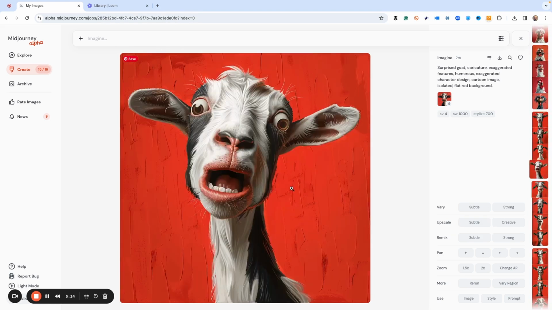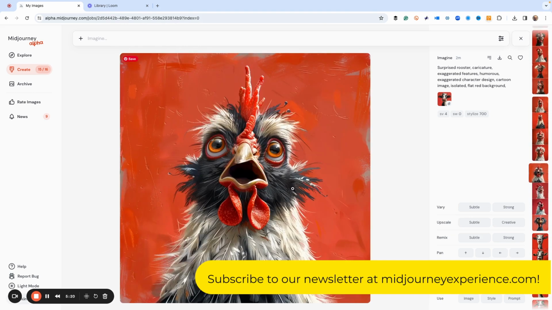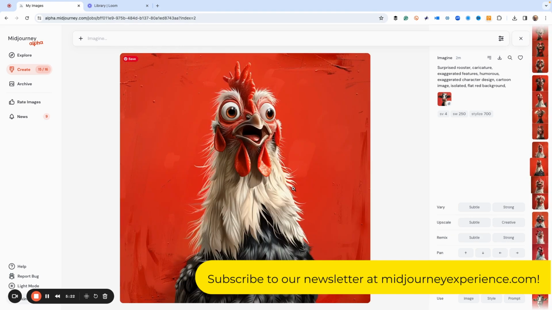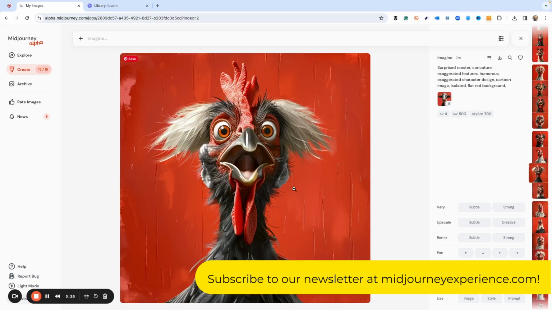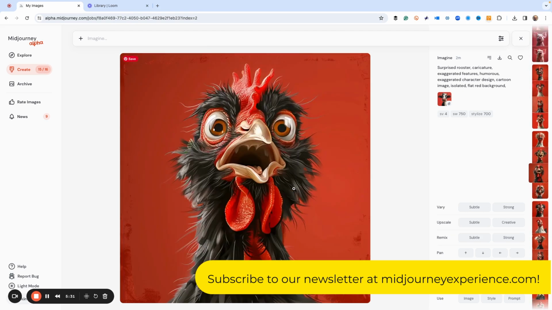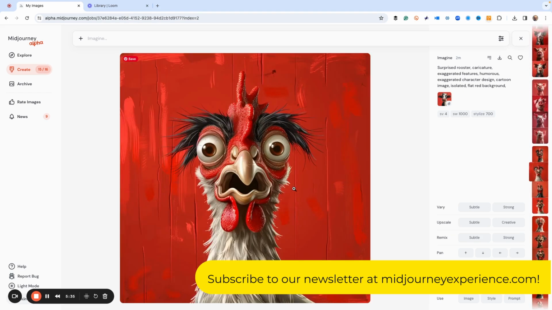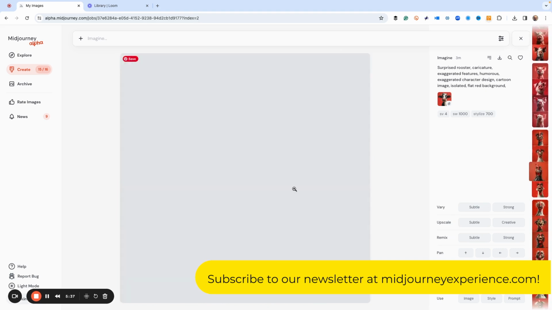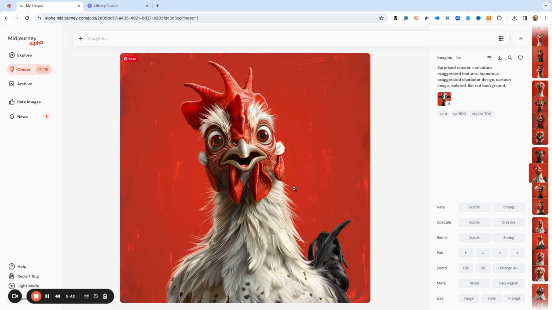And then we'll zip up here to the chickens, the roosters. Which one do you like the best? I kind of like this one. Where'd it go? That one.